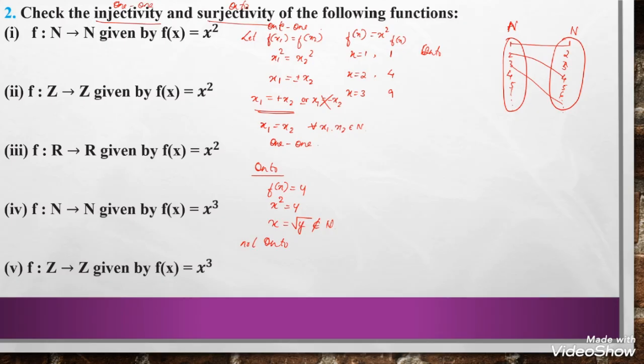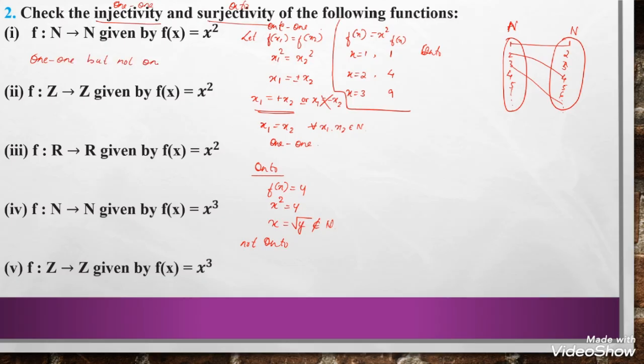That is, this is not onto for natural numbers. By the definition as well as by the arrow diagram, we conclude that a function f from natural numbers to natural numbers given by f of x is equal to x square is only one-one